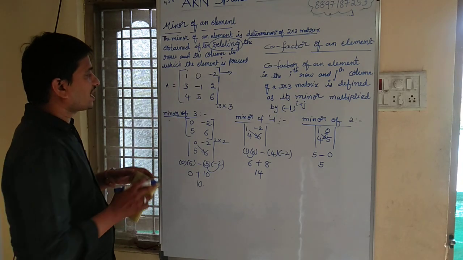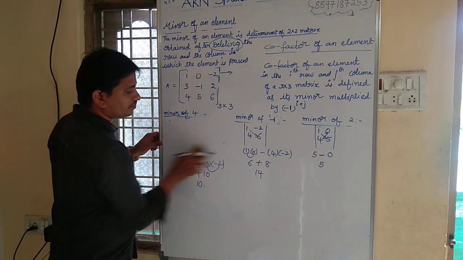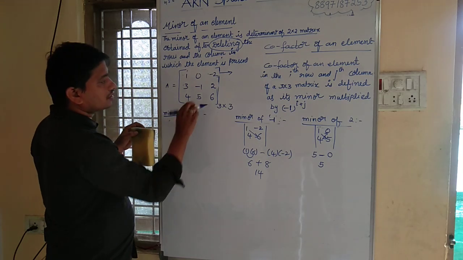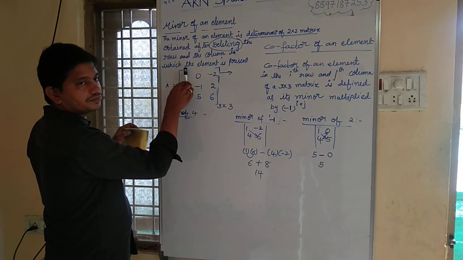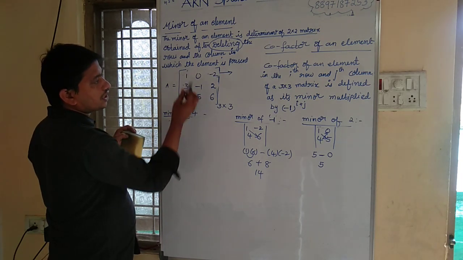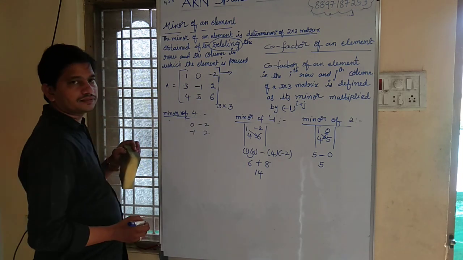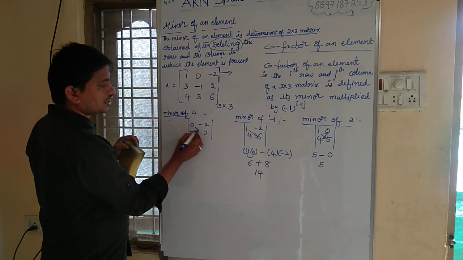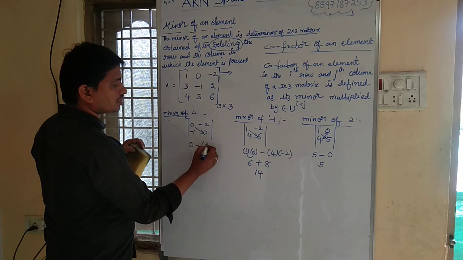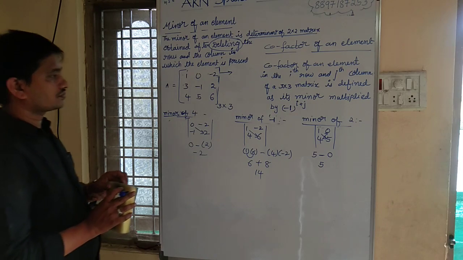Okay. Now let us find the minor of element 4. In which row and which column is 4? Actually element 4 is in the third row and first column. So remove that particular row and particular column. You will get the elements [0, -2; -1, 2], children. Whose determinant is 0 into 2, 0, minus -1 into -2, that is plus 2. So 0 minus 2, which is equal to -2.